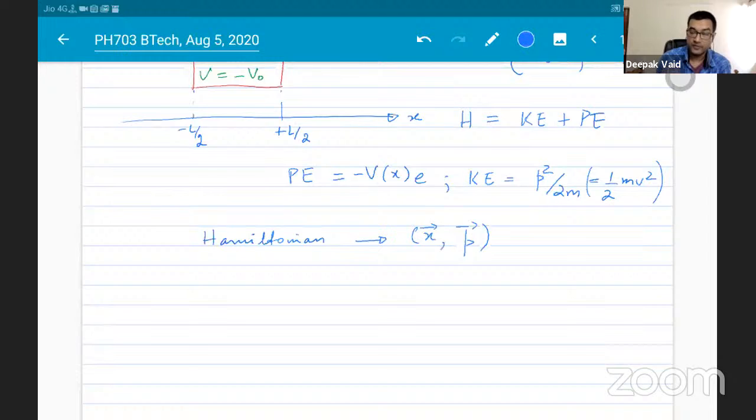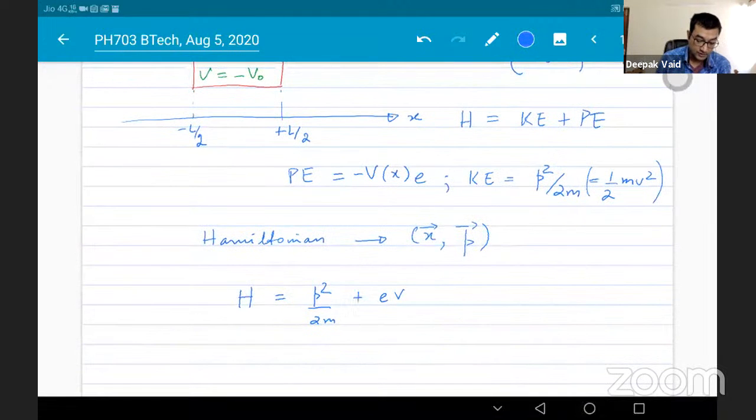Momentum is the fundamental variable, not the velocity. So our Hamiltonian can be written as p squared by 2m minus e times